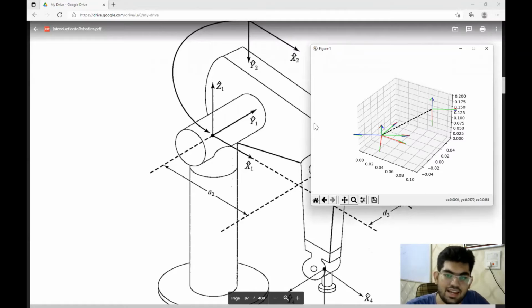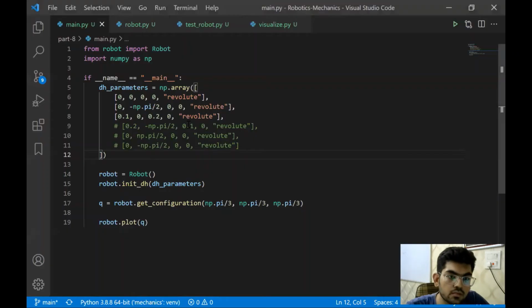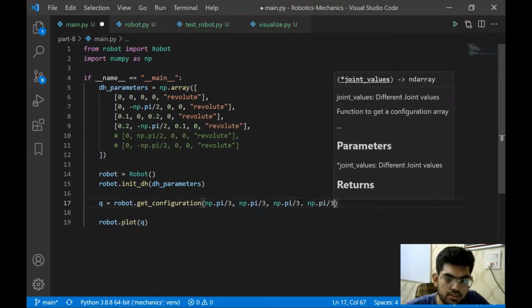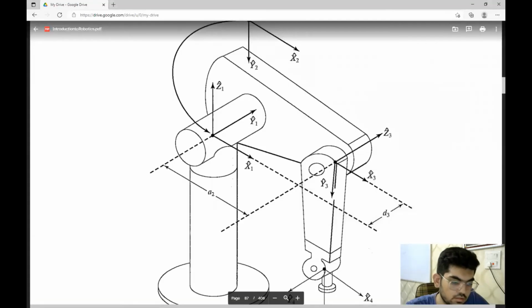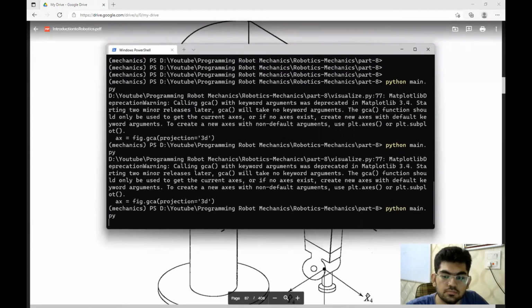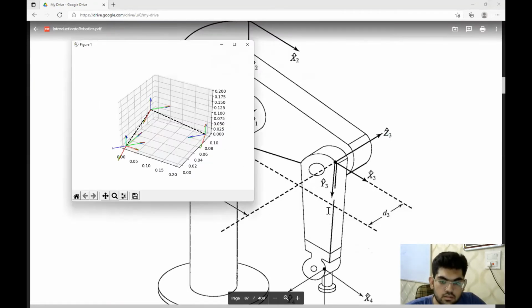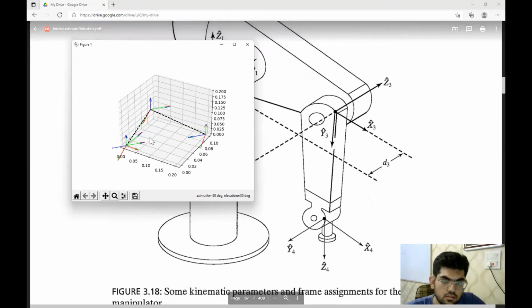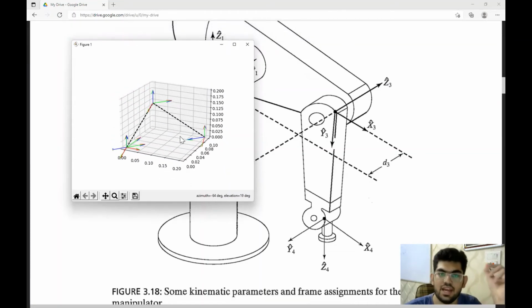Okay, now let's add the next frame that we have. And we'll add np.pi/3. Right, once again, that is the same issue that we had before.